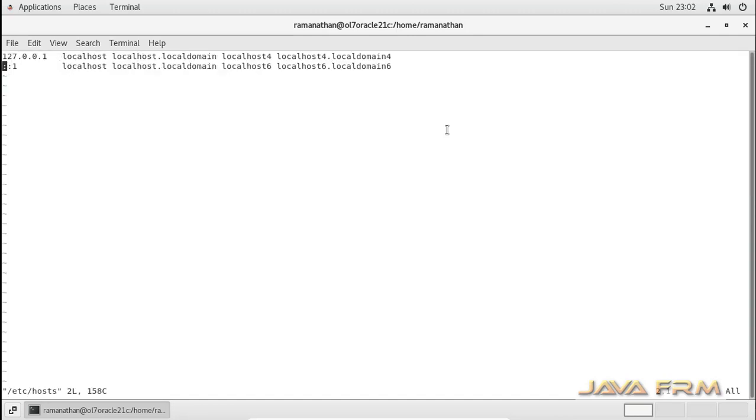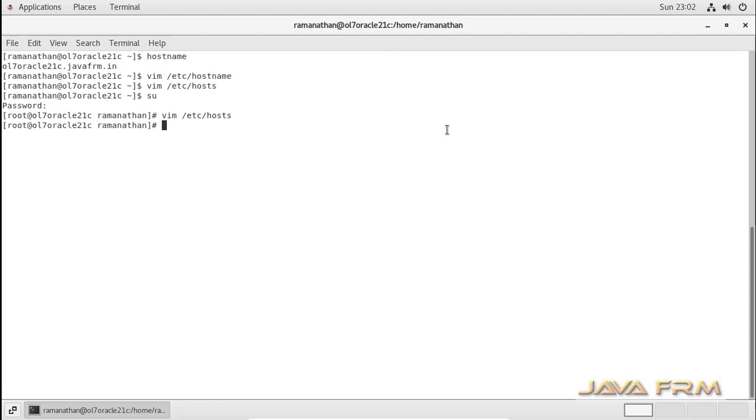Okay, let me edit the /etc/hosts file as the root user. Now I am going to map the IP address to the host name, which is very mandatory here. If the host name does not match, the Oracle installation will fail. So I am mapping the host name, IP address, and alias name also. First is the host name with the fully qualified domain name. Second is the alias name. Okay. Save the file.